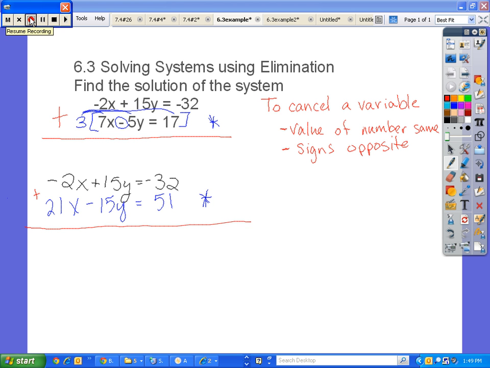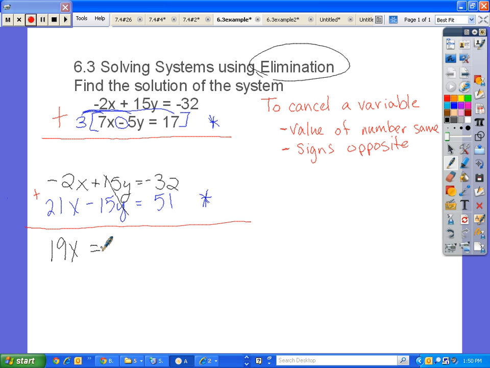Everyone's had a chance to do this on your own, so let's go ahead and do it together. I've got negative 2x and plus 21x, which is going to give me 19x. Positive 15y and negative 15y cancels. We eliminated the y. That's what it's called, elimination. We eliminated the y, so that goes away. And I have negative 32 plus 51 is 19. And now I'm going to solve this. When it's sitting next to it, that means multiplication. The opposite of multiplication is division. I'm going to divide both sides by 19. Good job. And I get x is equal